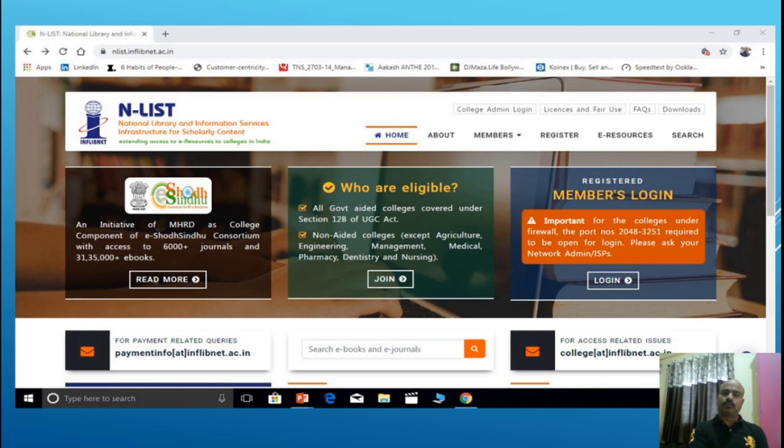For that you should contact the librarian of your college so that you can get user ID as well as password for accessing Enlist resources. In the next step we will see how to search Enlist resources practically.